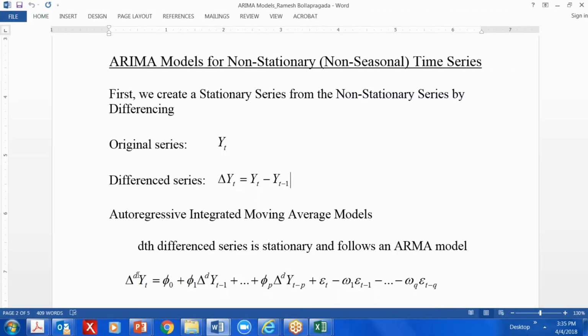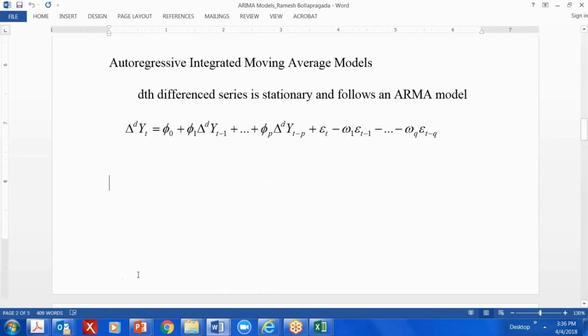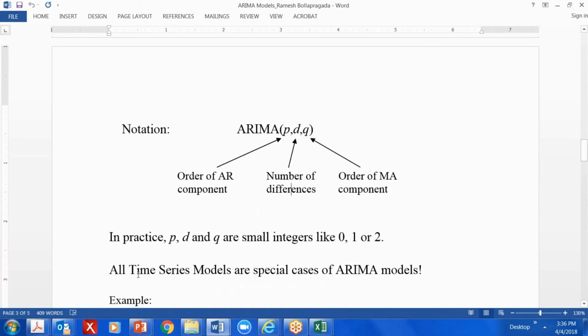So basically, what the differencing level should be depends on how much randomness there is in the non-stationary time series data that you're evaluating, right? With that, we can now talk about a general ARIMA model, p, d, q. p is the order of the AR component. d is the number of differences you're doing. q is the order of the MA component.